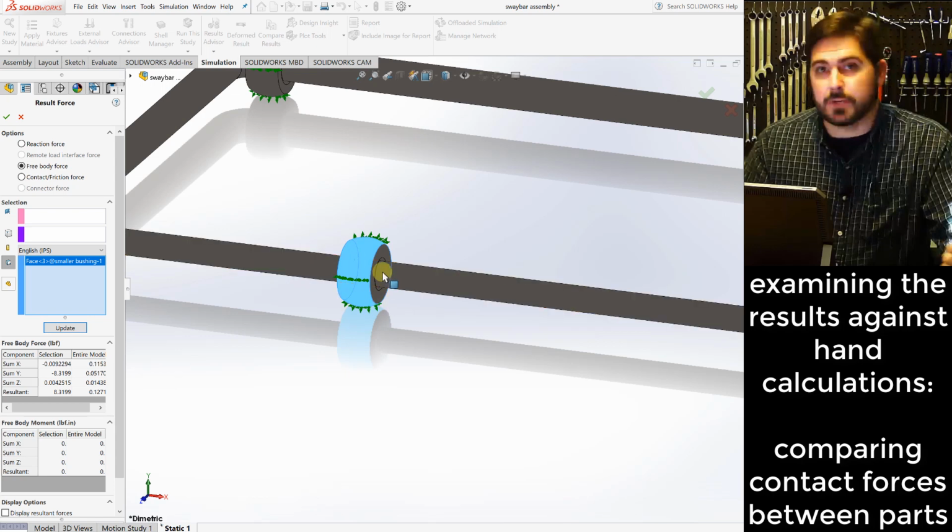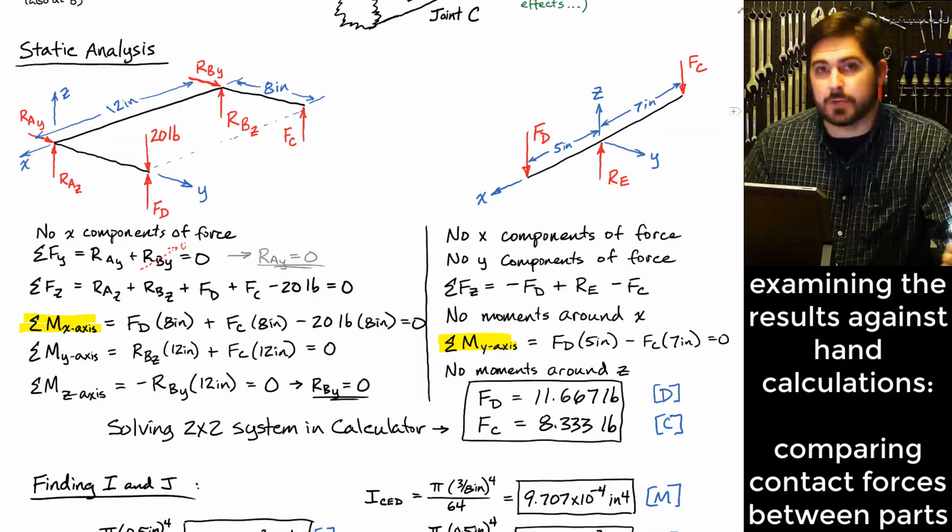You know, we needed to know what the reaction was here, so we can also get it to tell us that. Okay. Over here, 20.068, here says 20.1, close enough, right? 20 pounds of upward reaction force happening on that surface. And I know that's not right here, but if I scroll down a little bit,